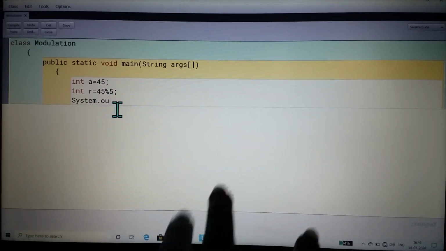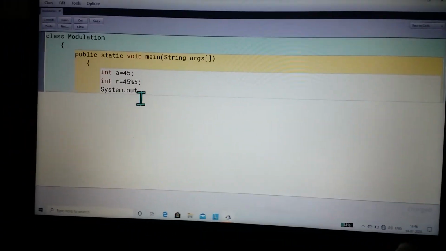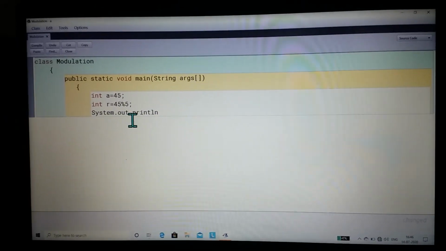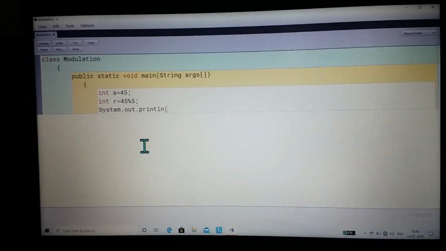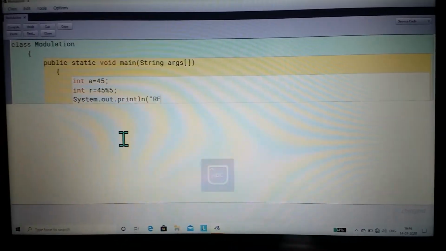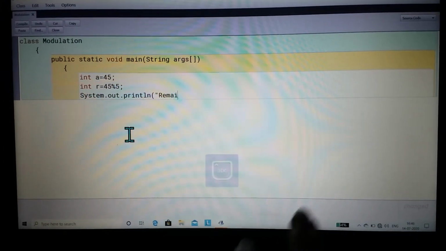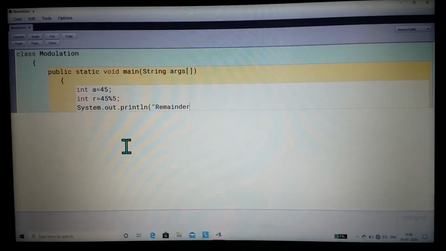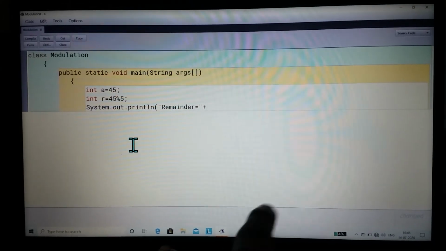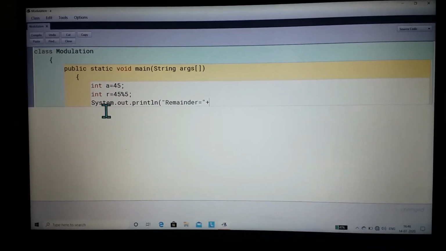System dot out dot println, small bracket, double quotes, remainder equals to r.